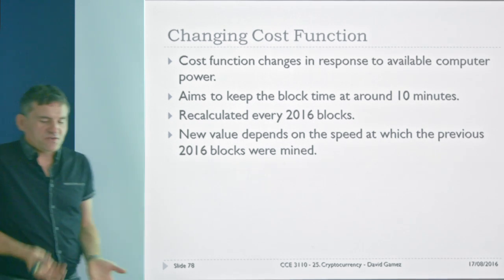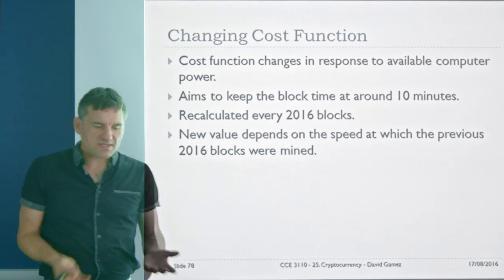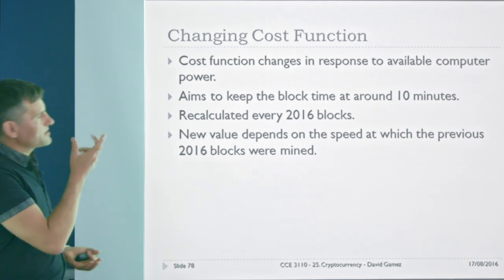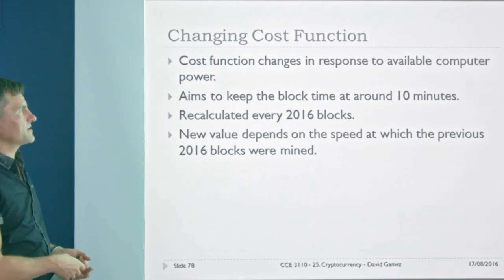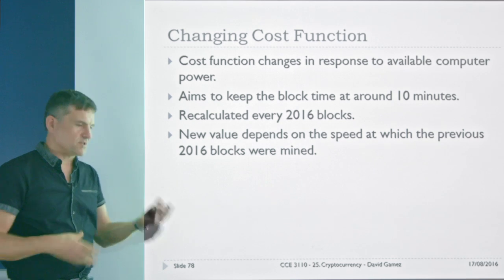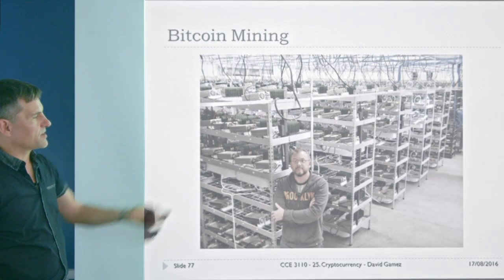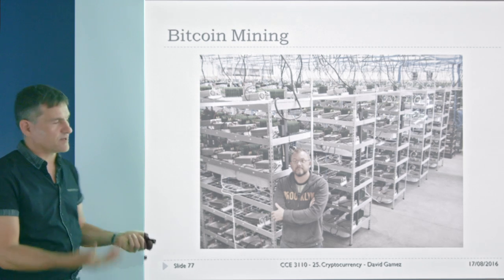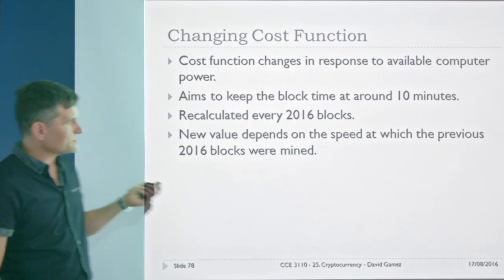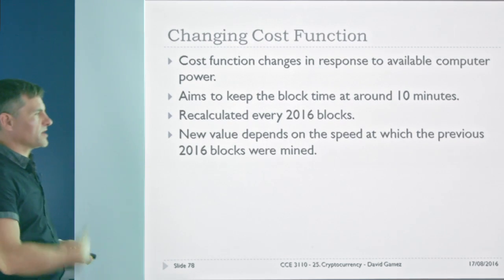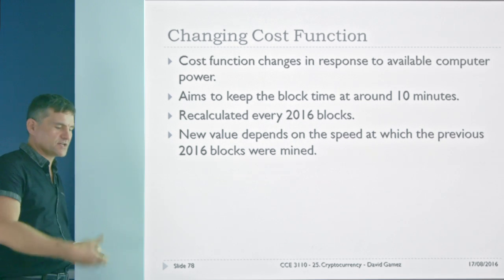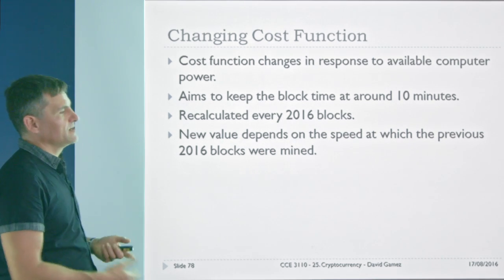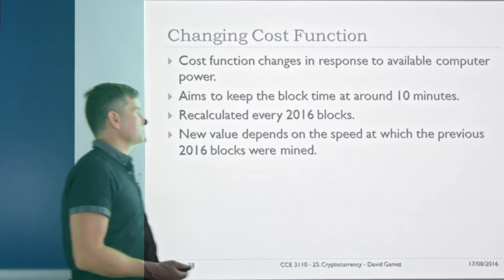Now, to fine-tune the system, the idea is that they generate one block every 10 minutes, I think, something like that. So they're doing a little bit of subtle changing to the cost function to match up the available computer power. This is the computer power now, but when the system started, it was a few computers running standard hardware. So they want to keep issuing new blocks at a nice steady pace. You don't want it too hard, or you won't be incorporating new transactions fast enough, and you don't want it too easy, or maybe there won't be enough transactions to incorporate.